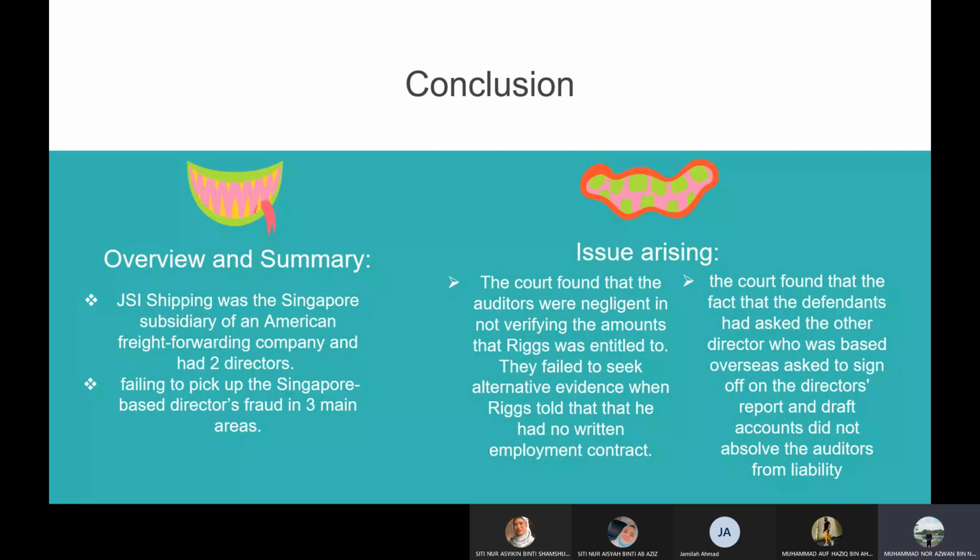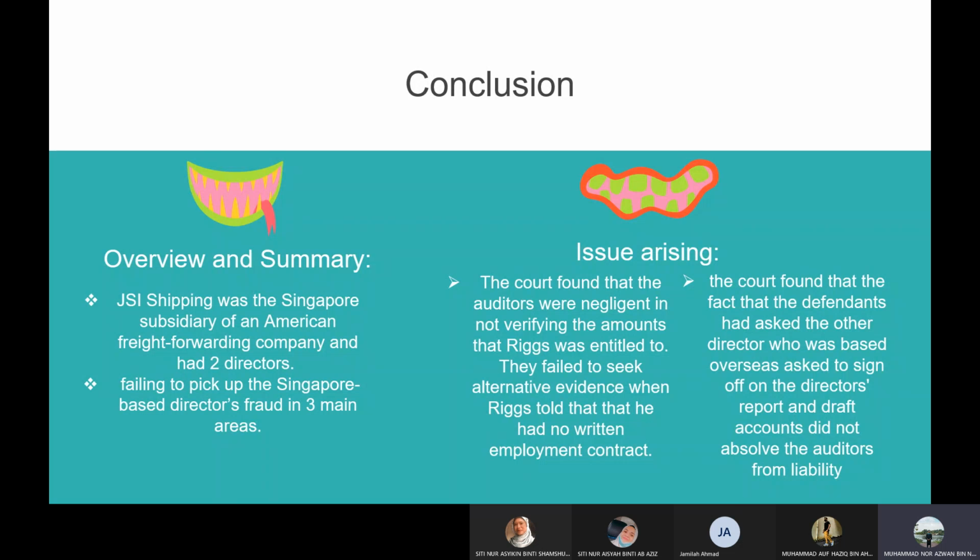Okay, for the conclusion, my name is Muhammad Noor Azwan. So I will overview and summarize what this report is about. JSI Shipping was the Singapore subsidiary of an American freight forwarding company and had two directors. One was based in Singapore, while the other was in the United States and was head of JSI's ultimate holding company. The Singapore-based director was engaged in a scheme to siphon off JSI Shipping's profit for his own benefit,